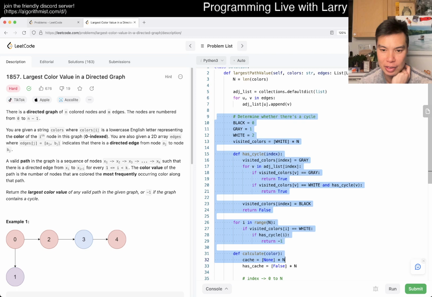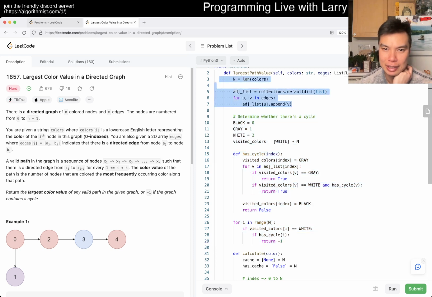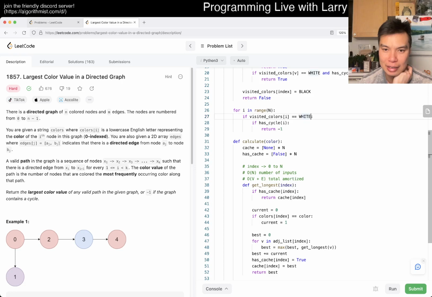Okay, but yeah, going over the code really quickly. This is basically the cycle determination. Kind of had to, that's what I mean by being out of shape and out of practice, right? But still got to it, so I guess I'm happy about that. This is just to set up the adjacency list, and then here